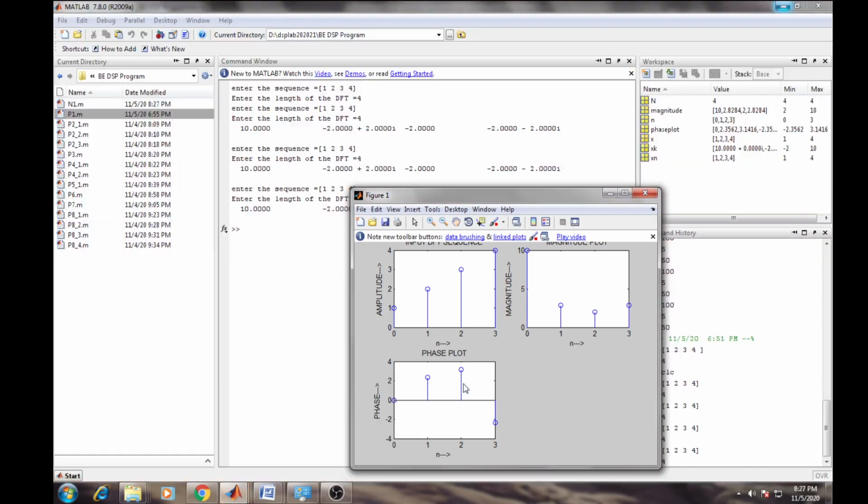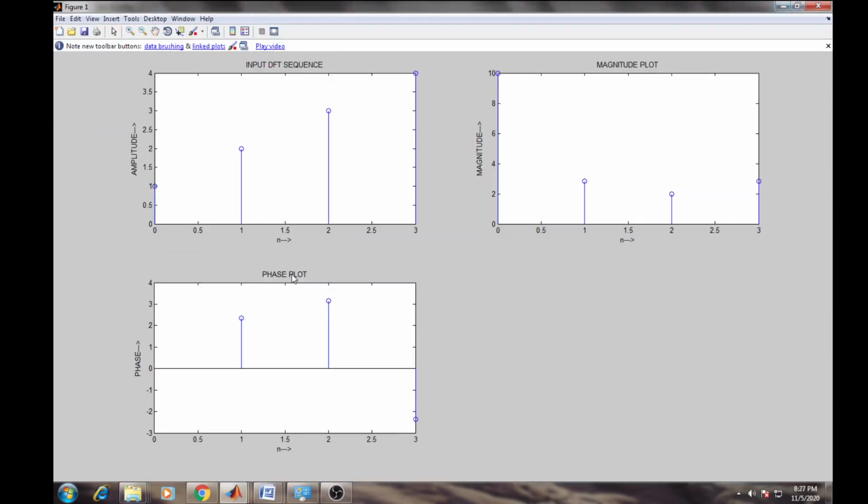But here now if you see the graph, this graph is at the bottom side. So I will show you. In this graph you can find the third plot is plotted. It is a phase plot. Here you can see the phase of that signal. You can calculate this by using a formula.